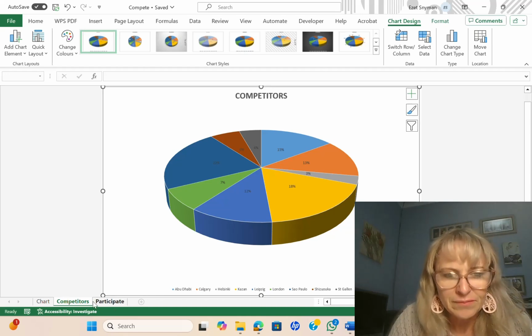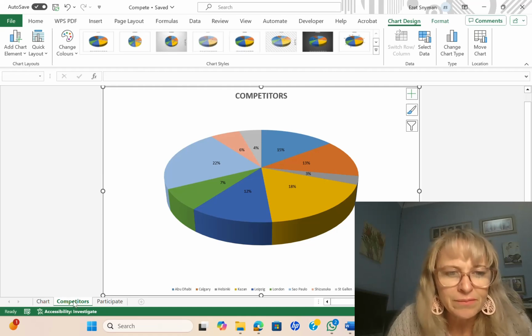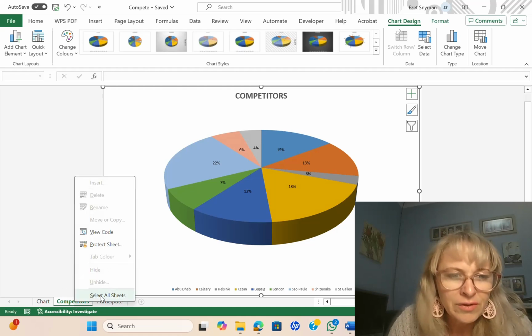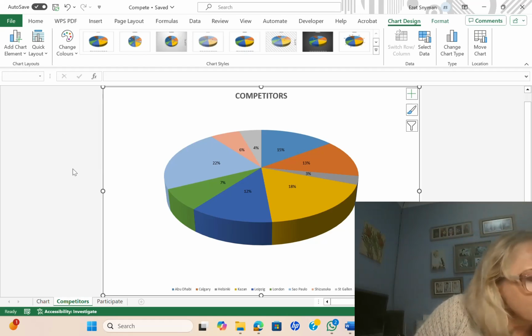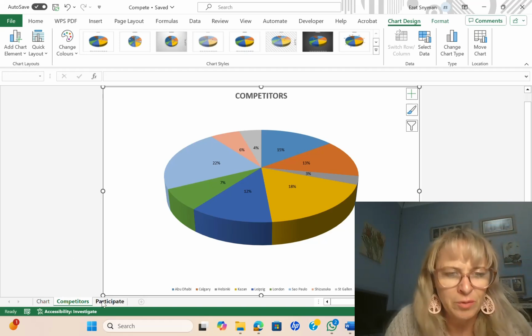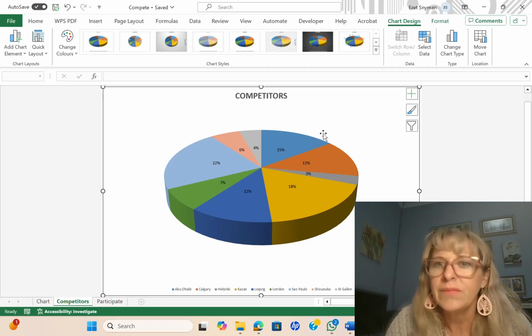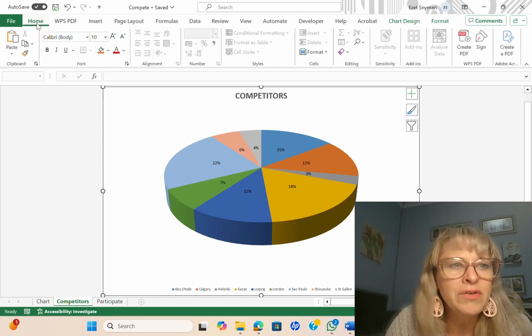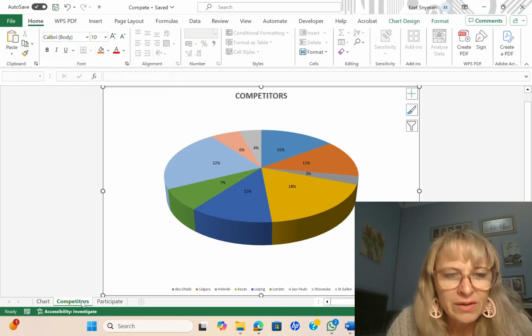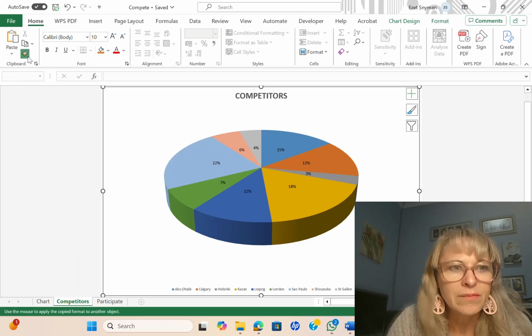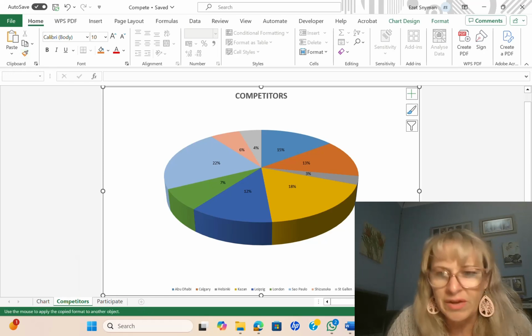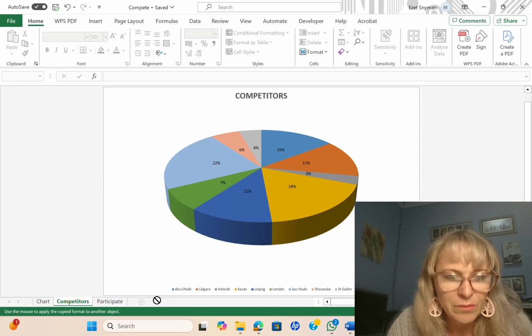Copy. And then if you say paste, oh goodness, no, I don't want to select all the sheets. I just want to copy this one sheet. Create a copy of the competitors worksheet and move it to the end. Oh my goodness. Okay, home. Let me just see here on home. If I say copy, and then if I say paste, then the worksheet must now paste.